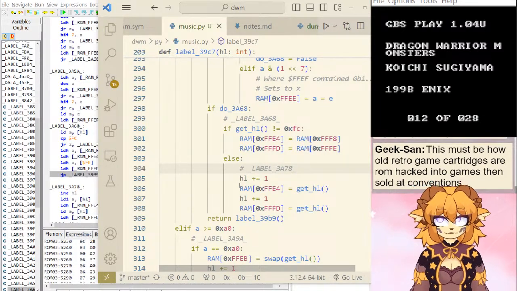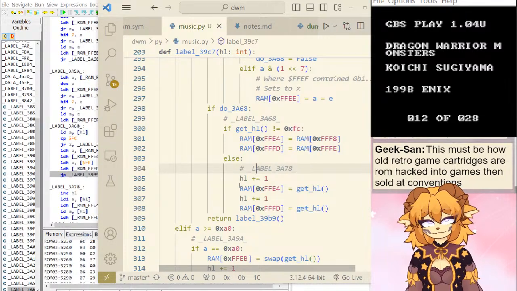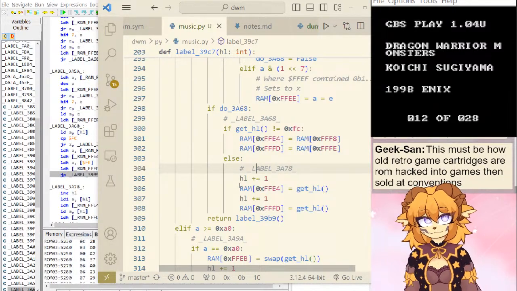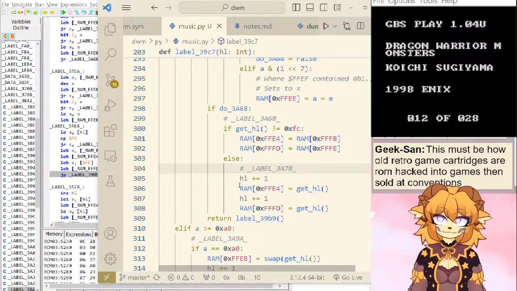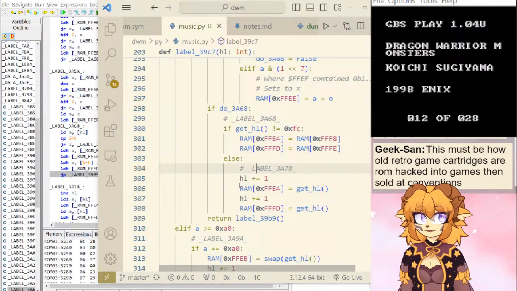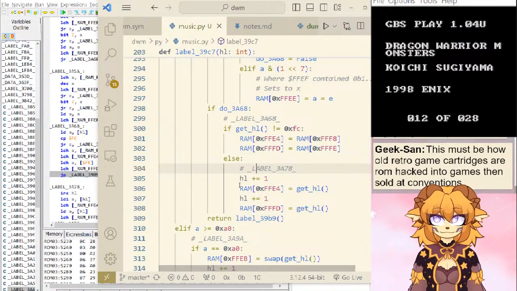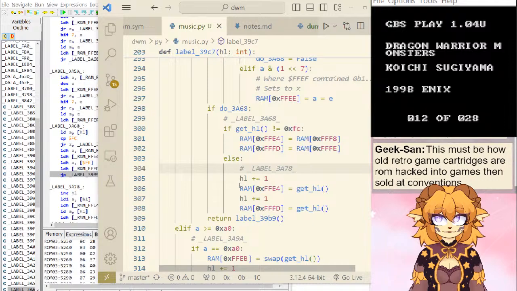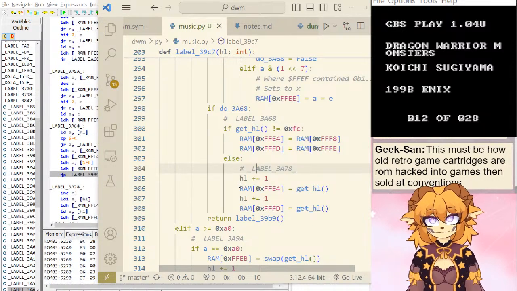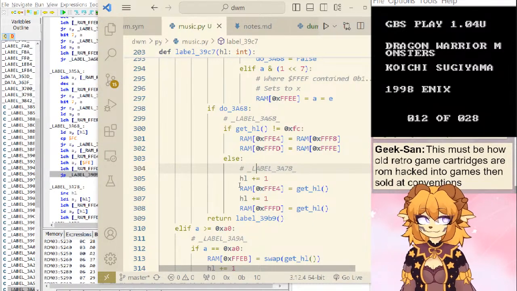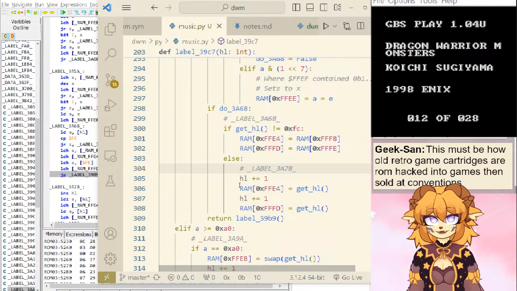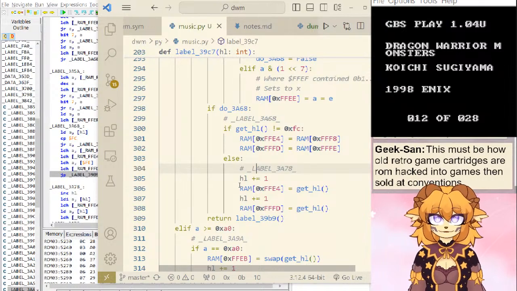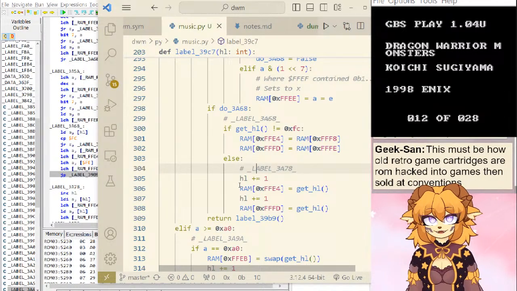People do this sort of work in order to make ROM hacks, and then you'll definitely see those on cartridges from time to time. There's a lot of those for Game Boy. I don't know about conventions, but I know a lot of the ones you'll see on Etsy or AliExpress or something are usually not made by the ROM hack author. They're just people taking the ROM hack and burning it onto a cartridge and selling it without any effort on their own part.